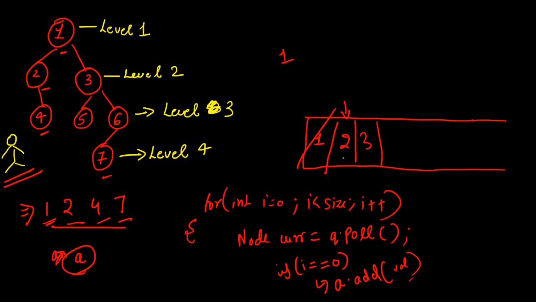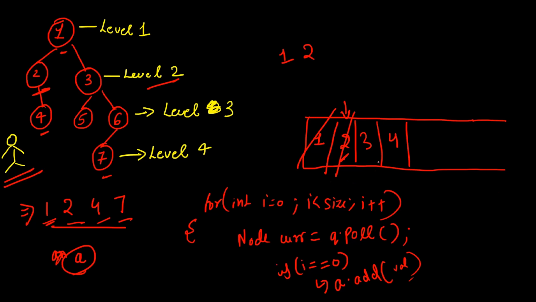So what is the node? What is the first node of our level 2? That is 2, right? So this value matters to us. We're going to add this to our array list. Also we're going to remove this. We are going to add the children of this. You can see the left child isn't present, the right child is. So we'll be adding 4.